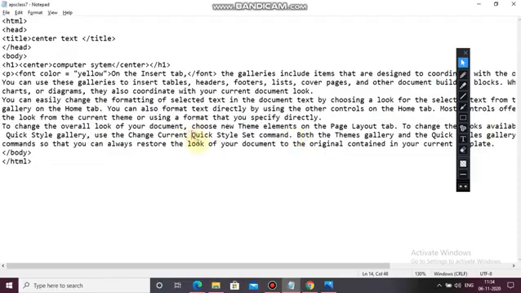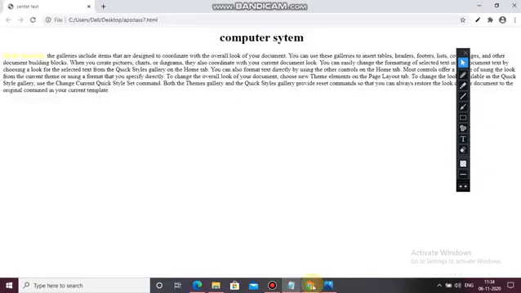Now color this, write font color equals to red, or again hash 8080, close it, backslash font, Control S. See here, it has changed.